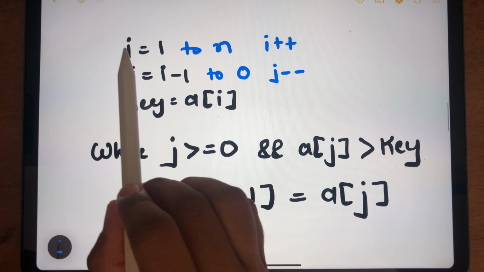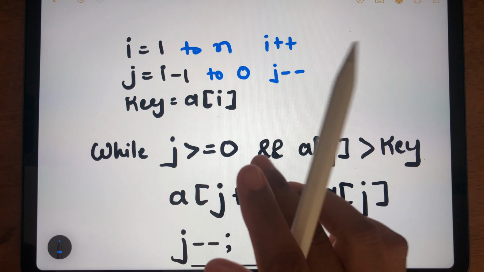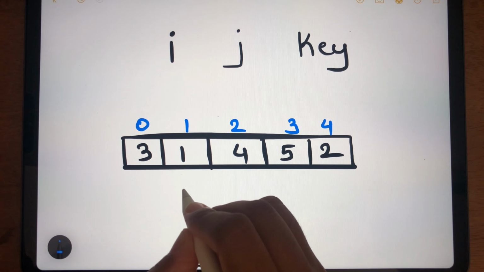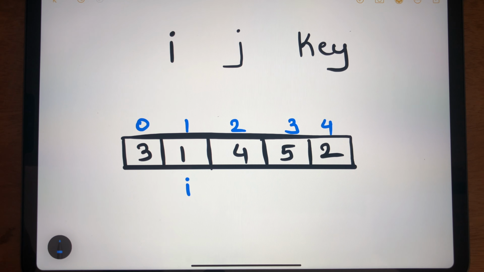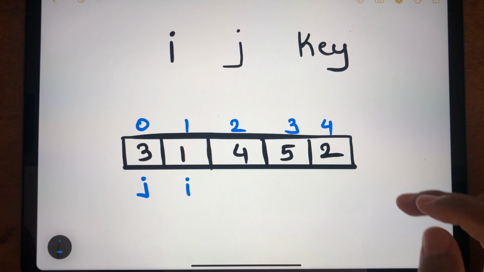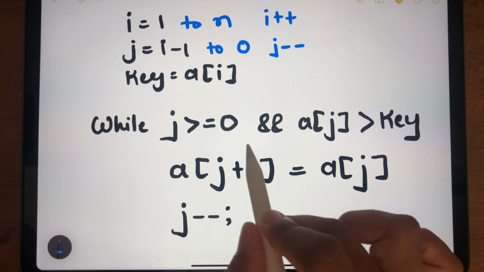Initially, the value of i would be 1 and the value of j would be i minus 1. So in our example, i is 1 and j is 0. Now what is the condition of the while loop? That j should be greater than or equal to 0.